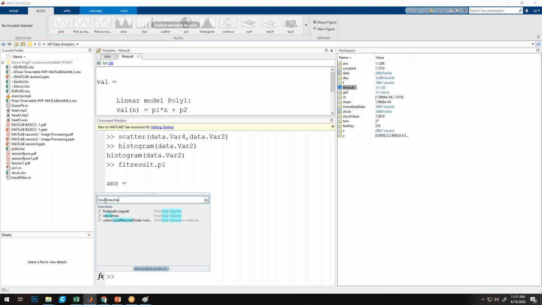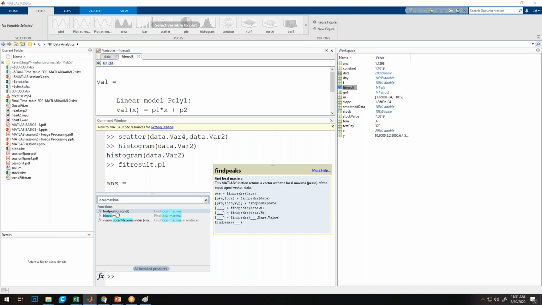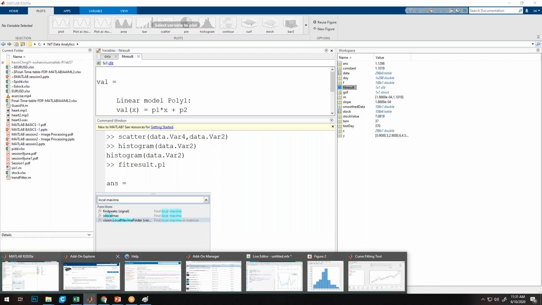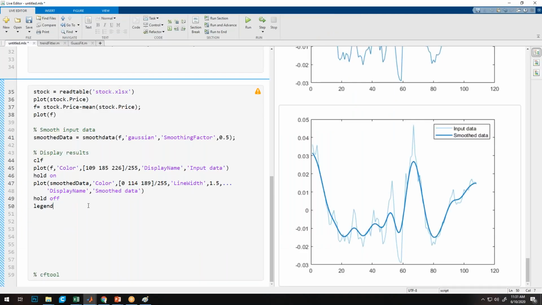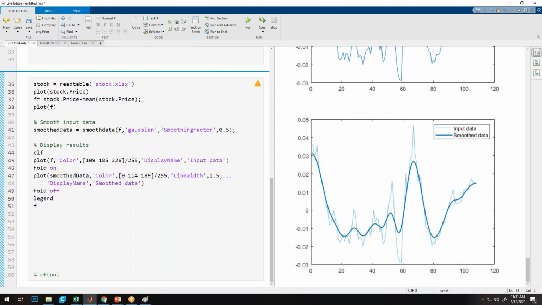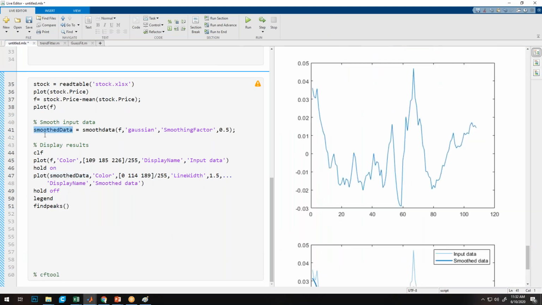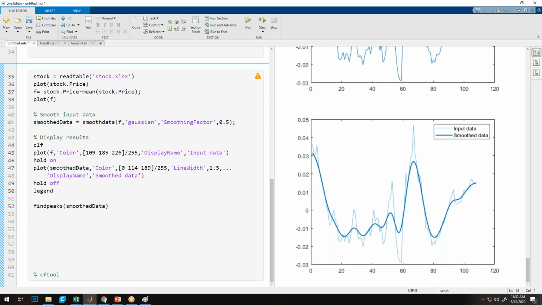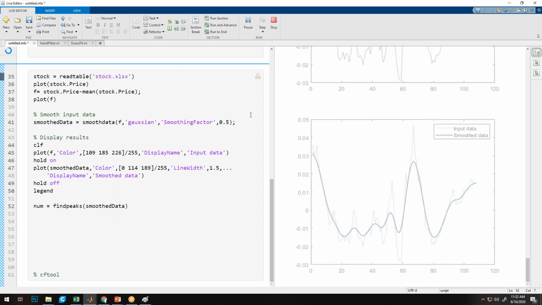Okay, so the command is findpeaks. This command will give me a list of local maxima. They have changed the command, and now we have to use the findpeaks method in order to get the total number of these. So findpeaks from which data? From the smoothened data. Control C, Control V, and this I'll store into, say, a num variable, and I'll run this code.